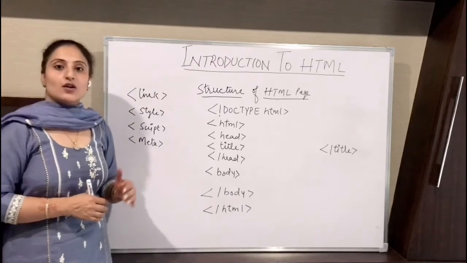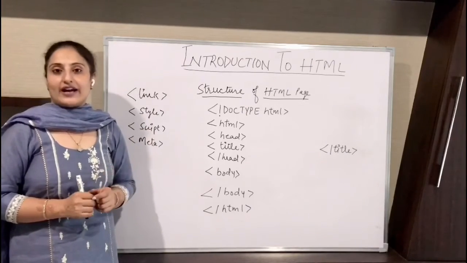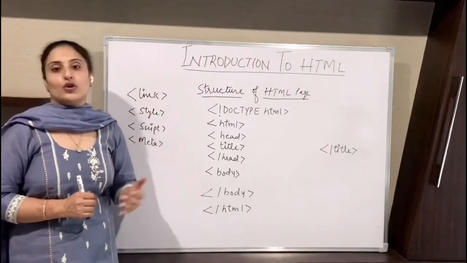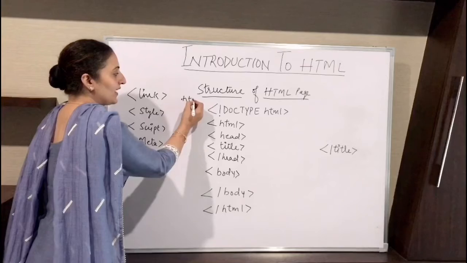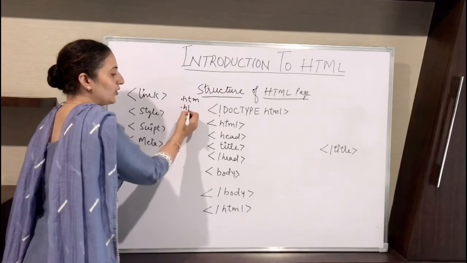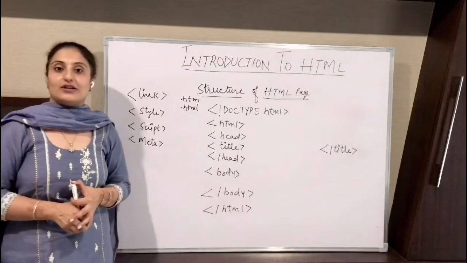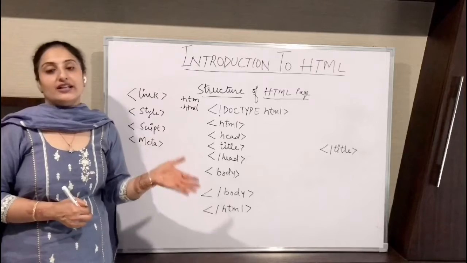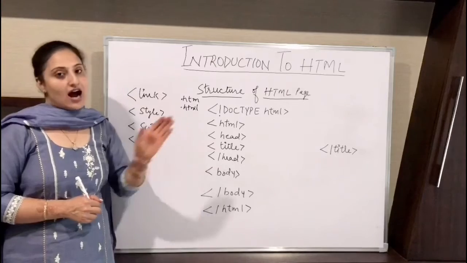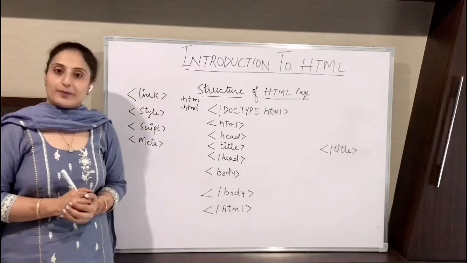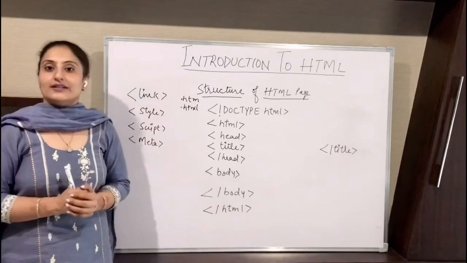Whenever you write the code in the Notepad, next step is to save the file. In order to save the file, first you write the name of the file which you want to give, and after that you need to specify the extension, that is .htm or .html, which indicates that this is an HTML document which is going to be viewed in the web browser. Whenever you save the file with this extension, after that the same file is opened with web browser and the whole content is displayed to you on the screen.